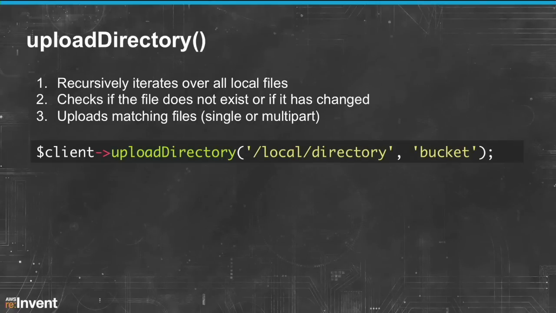And what it does is it recursively iterates over your local directory. It checks if that file exists in Amazon S3, and if it doesn't exist, it uploads it. Or it checks if that file exists on Amazon S3 and has been modified, or the file size has changed since it was last uploaded. And then once it builds up this queue of files that need to be uploaded, it uploads them in parallel